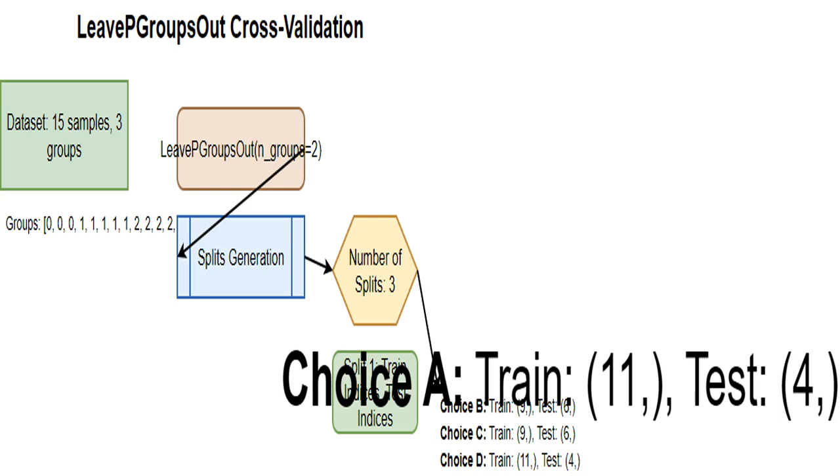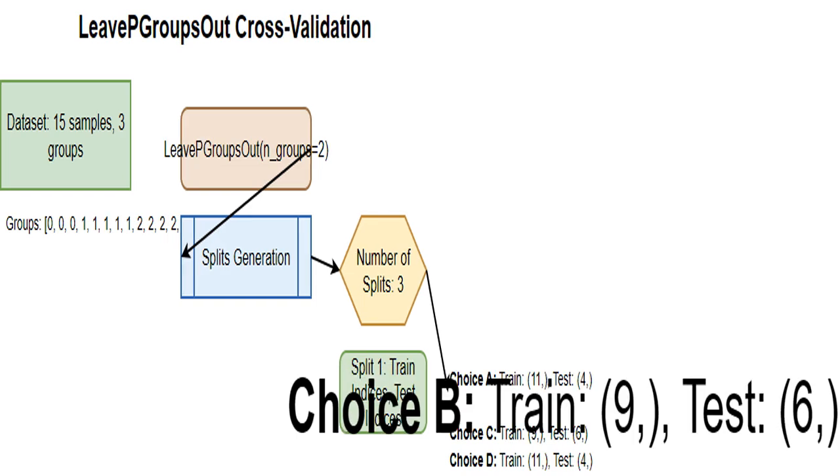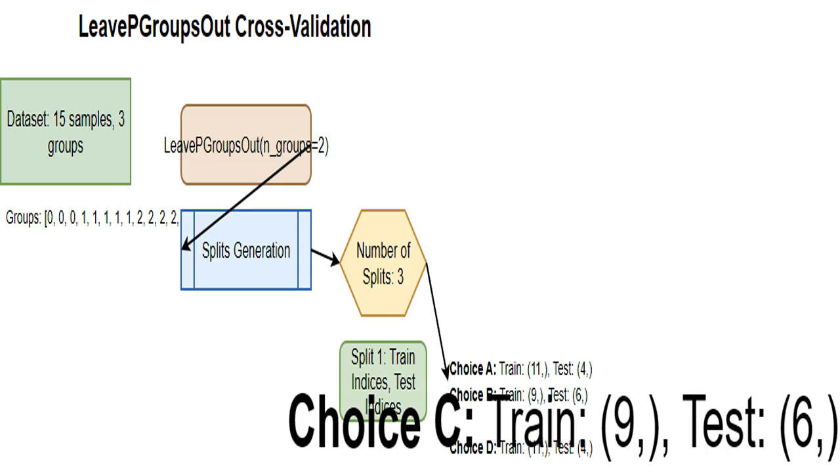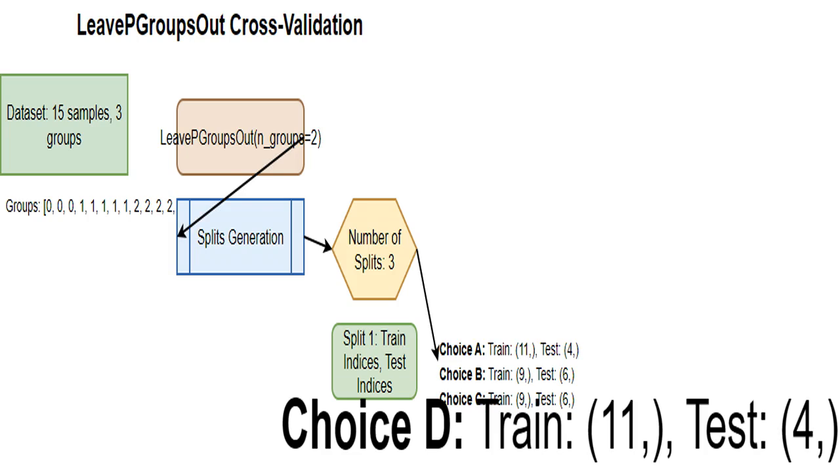This option suggests 11 samples in the training set and 4 in the testing set for the first split. I'll check if this matches what LeavePGroupsOut actually produces. Option B proposes a training set of 9 samples and a testing set of 6. Again, I'll need to verify this with the actual results. Similar to B, this suggests a 9/6 split. Let's see if it's correct. Option D also suggests an 11/4 split. I'll compare this against the actual output of the